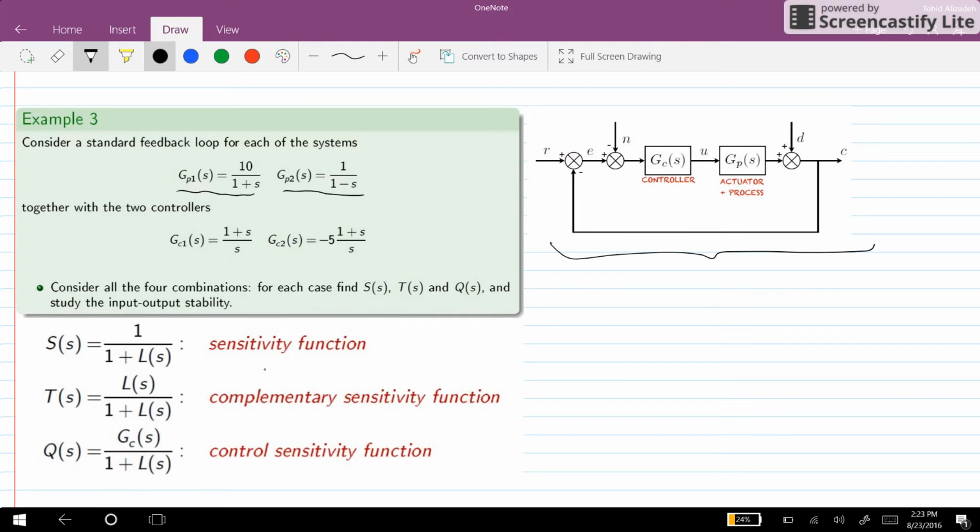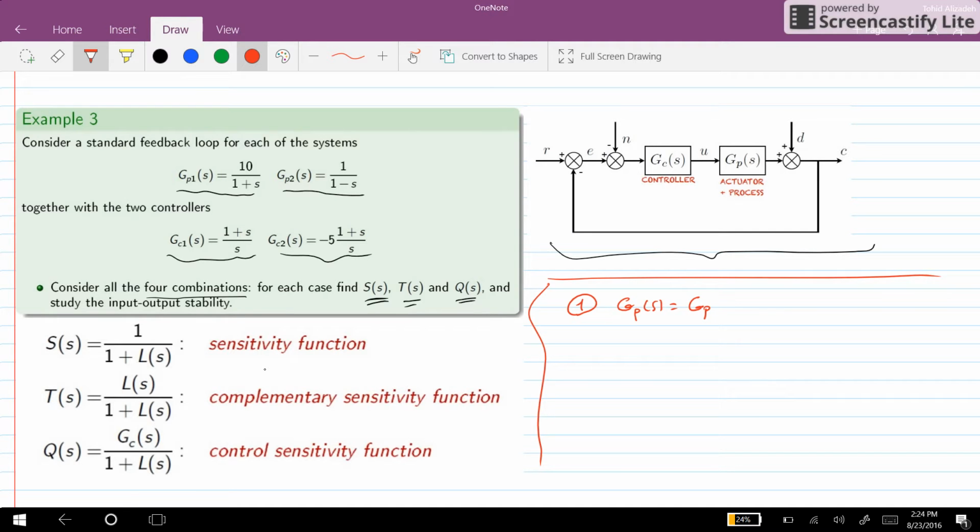GP1 or GP2, and the controller GC is determined by GC1 or GC2. And for all the four combinations that we may have with GP and GCs, we need to find the sensitivity function S, the T and Q transfer functions, and study the input-output stability or BIBO stability. So we can start by forming our configurations. For the first one, I will assume that GP